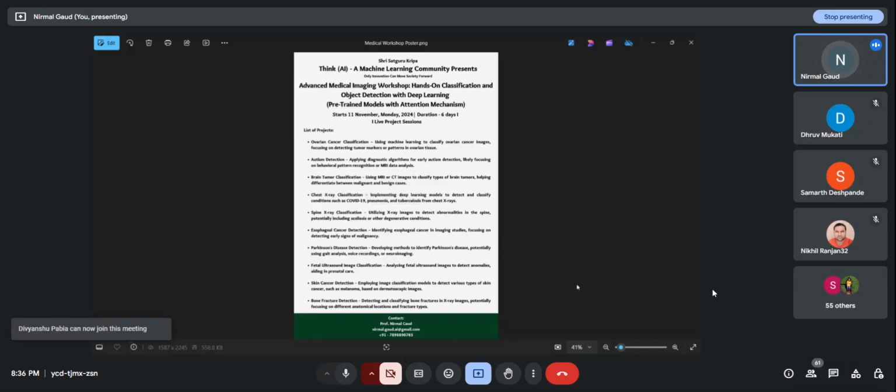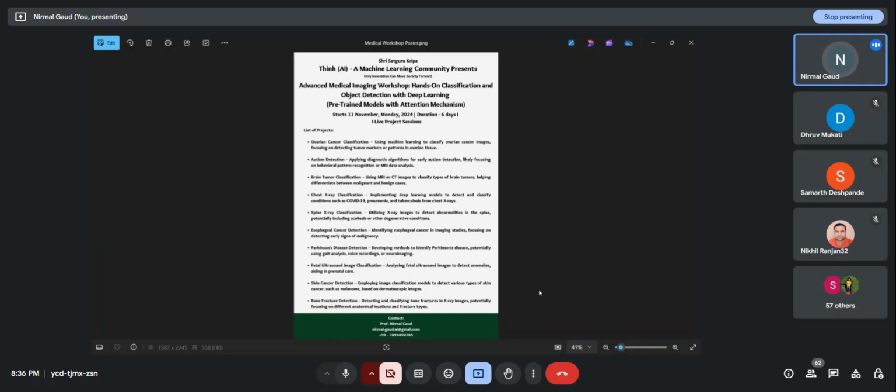So it's not only about project building. You have to generalize here in the context of research, because AI is now helping a lot in the medical field also.